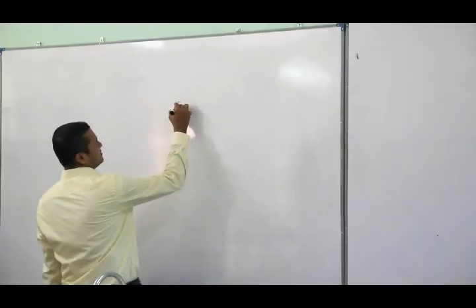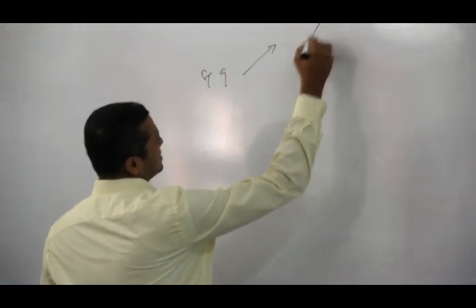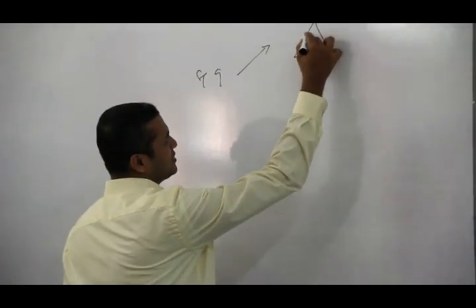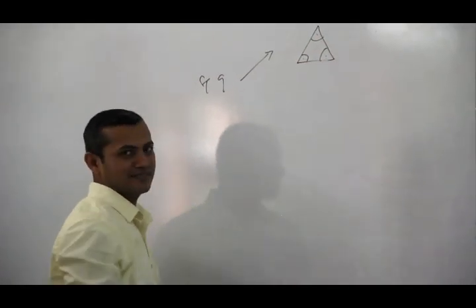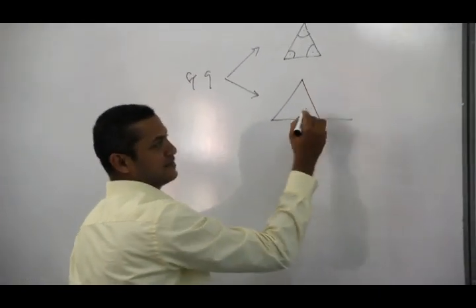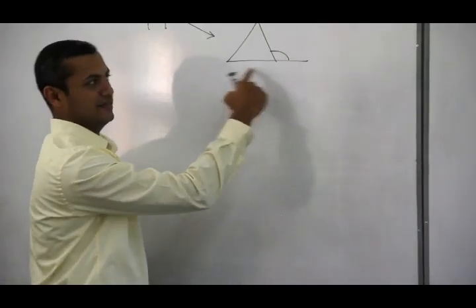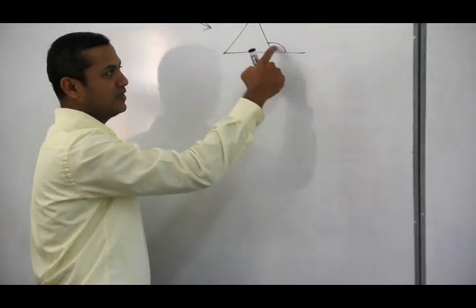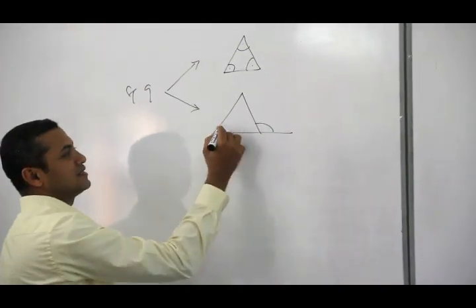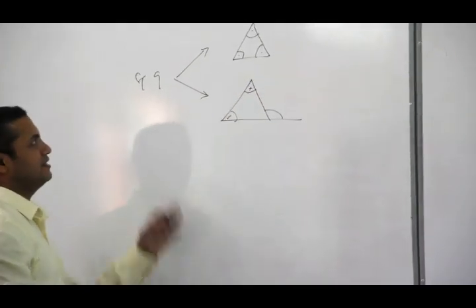Today we do midpoint theorems, right? In grade 9, we studied about the sum of interior angles of a triangle, and the exterior angle, the angle made by producing a side of a triangle. That is called the exterior angle. Then the exterior angle is equal to the sum of interior opposite angles, right? We studied this in grade 9.